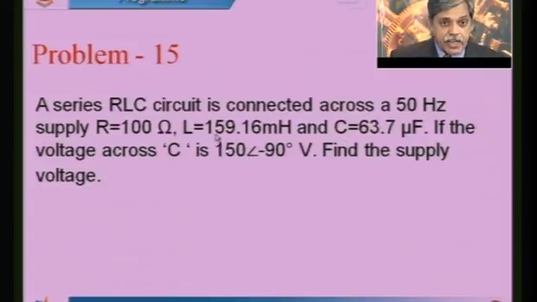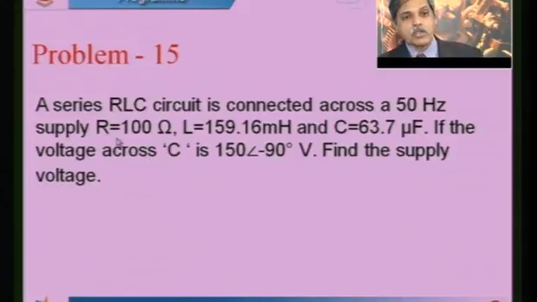That multiplied by inductance will give you inductive reactance, because this millihenry value should be converted to ohms. The effect of the inductance in the circuit should be expressed in terms of ohms. For that purpose, I multiply the inductance with the frequency in radians per second. That multiplied by the current value will give you the voltage drop across the inductance. Similarly, resistance multiplied by the current will give you the drop across the resistance.